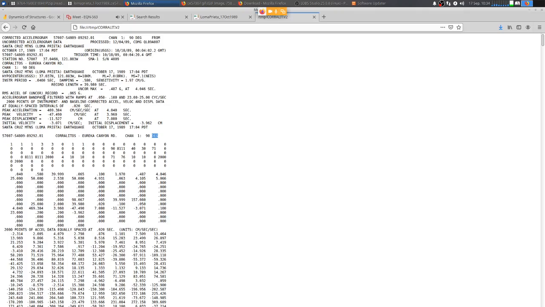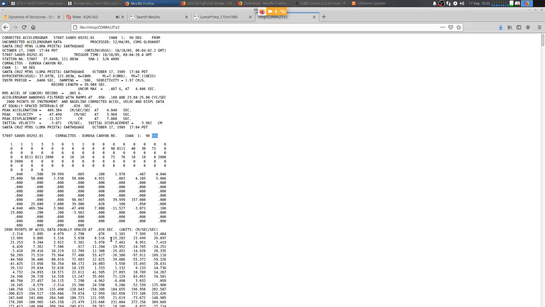and peak acceleration of this record. I mean, now you can see that 2000 points of instrument and baseline corrected acceleration, velocity and displacement data at equally spaced intervals of 0.02 second. So that's delta t that I was referring to. These are the 2000 points of acceleration data equally spaced at 0.02 second, in the units of centimeters per second squared. So read horizontally and you will get the complete time history of the ground motion,